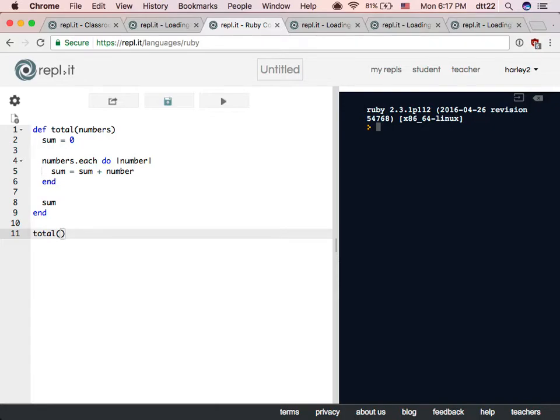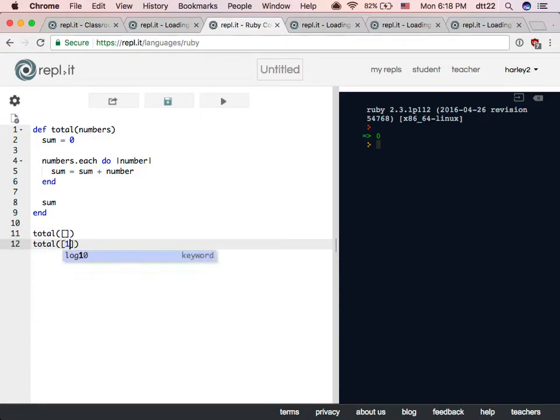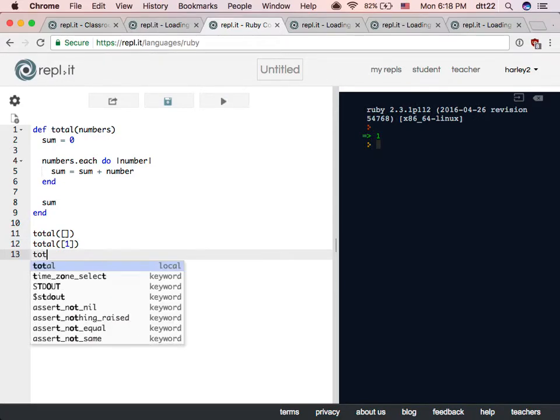So you see, let's test this, right? What is the type of numbers? Can I say total 1? No, right? Because it will complain, hey, I cannot do each on 1. So what do I do? I can say total of this one. What is it? Because it's an empty array. And then if I have a 1 number, I do that.